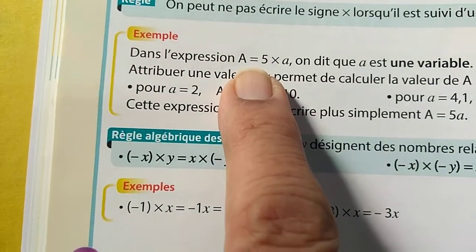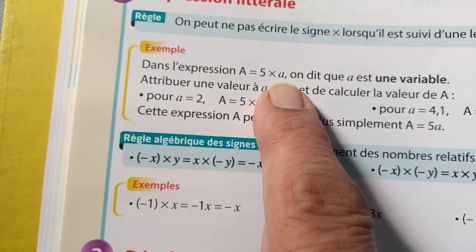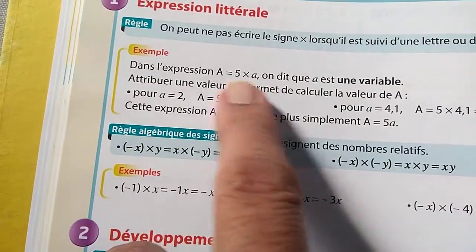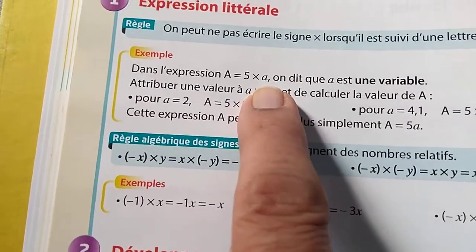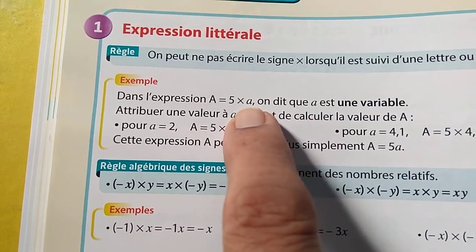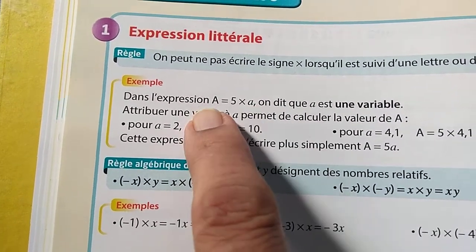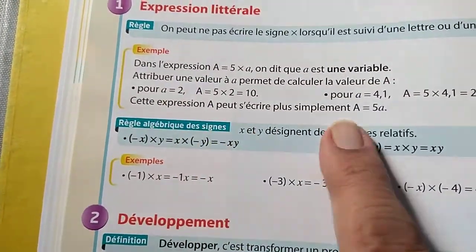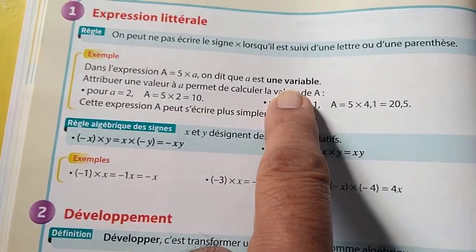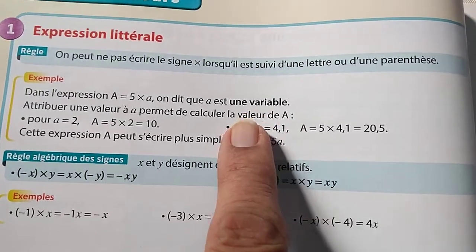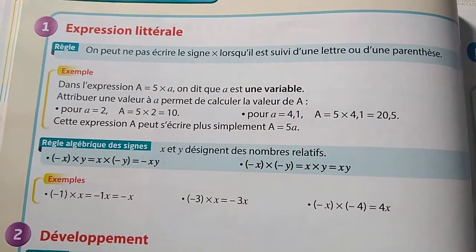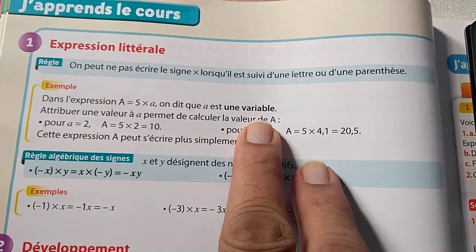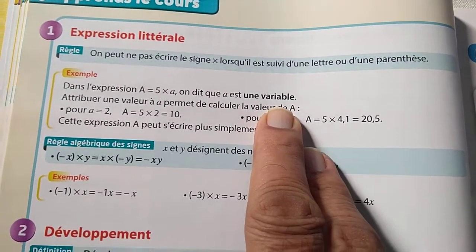So here they say, si A est égal à 5 fois petit a, on dit que A est une variable. That means variable is a fancy way of saying that if this number is variable, we could put different values here and you'll get different values of capital A here. That's all it means. Variable has a similar meaning in computer programming, where values or conditions depend on the value of a particular variable.